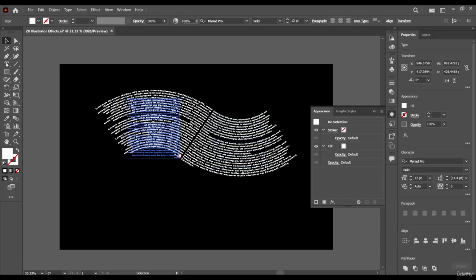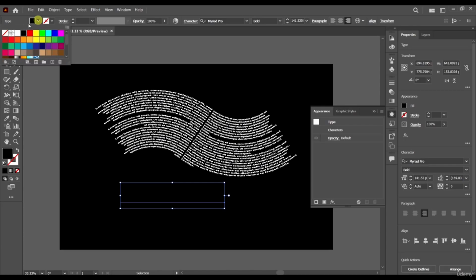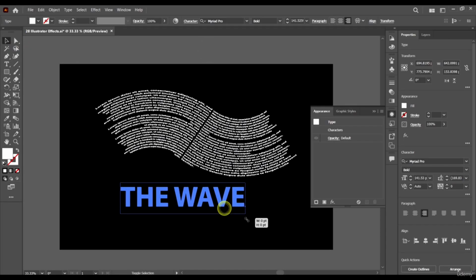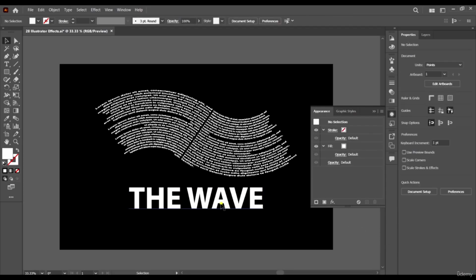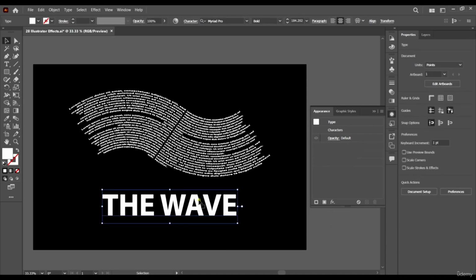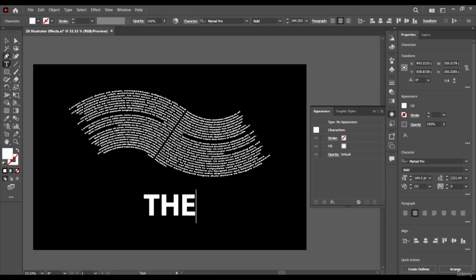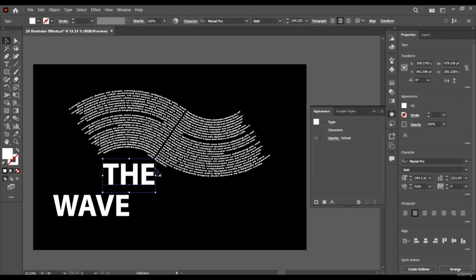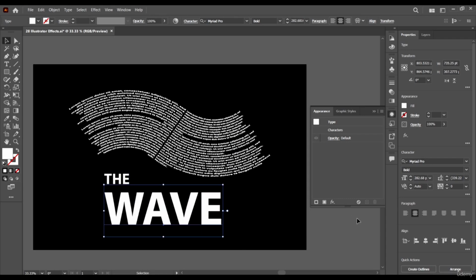Then maybe we could have the wave. Give it a white color, and have it aligned to the middle like this. Maybe we can even Control X, and have the word wave separate here, so that this one could be small in size, this one big.